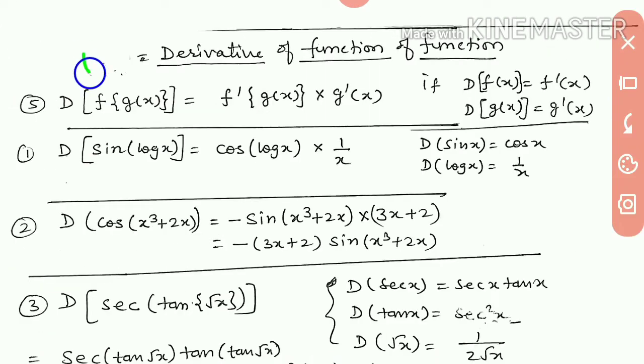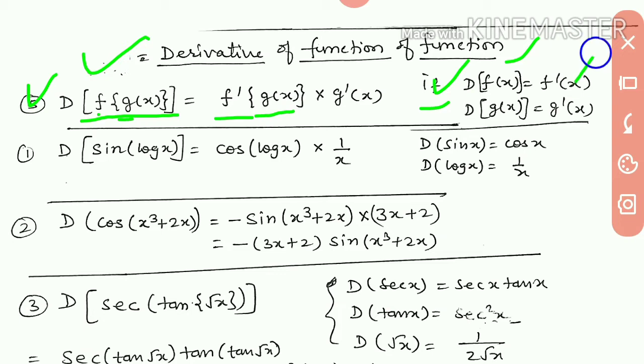Now we will have here derivative of function of function. This portion is very important. Look at differential of f of g x. How will we do it? Look here, we should know the differential of f x and g x. Differential of f x is f dash x, differential of g x is g dash x. So look here, differential of f of g x you have to find: f dash, and in place of x you write g x. You can check, in place of x is g x, so you write g x as it is. Now you do the differential of g x, and g x differential is g dash x, that you write. Do all of you understand this?